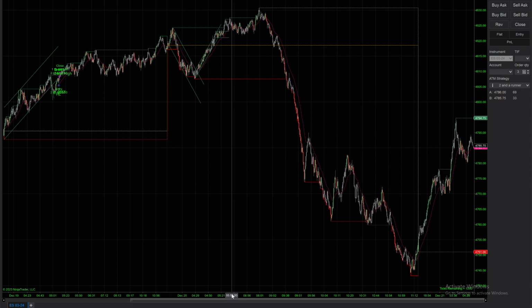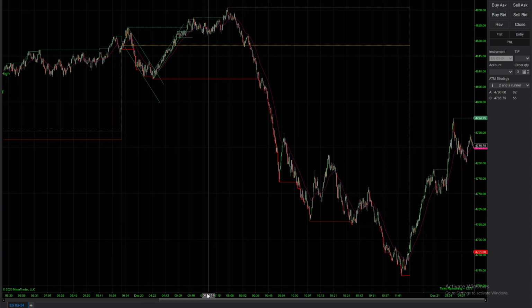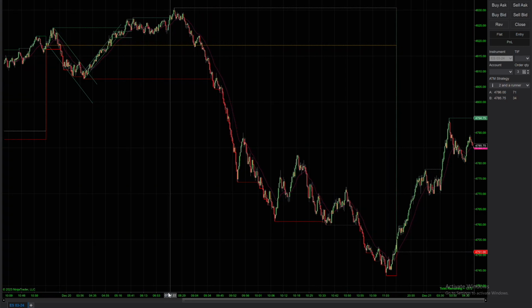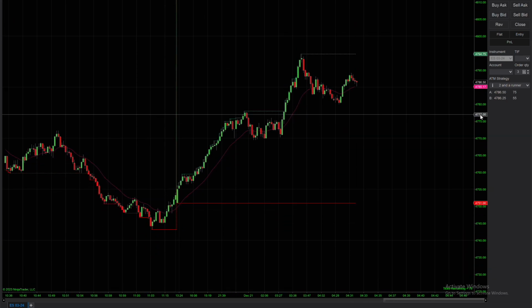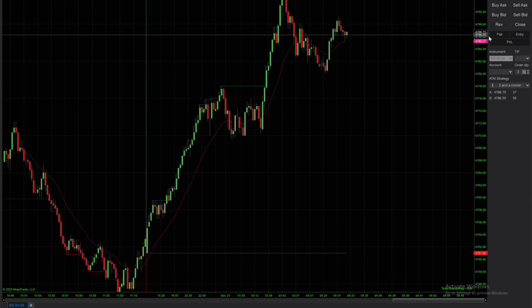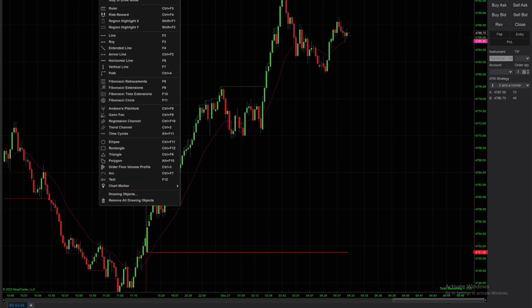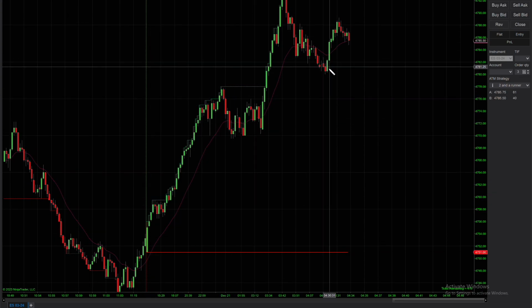Something must have happened, but it is a pretty steep drop. But now we're back. Got this two legs up at market open, and we're kind of just moving along here. This morning, I did take two trades. One of them was a loss, another one was a failure. But we'll go over why I took that losing trade and why it's wrong.